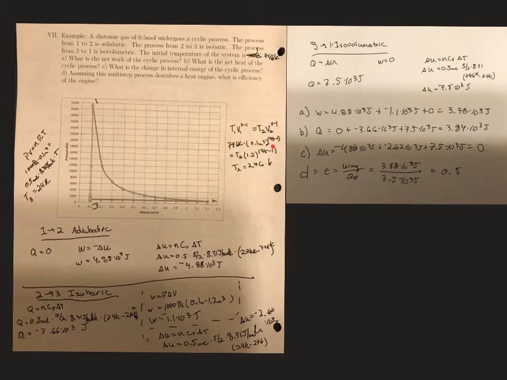Alright, so you can see out to the side here, the first thing I'm doing is finding the temperatures. So we know from 1 to 2 is adiabatic, so I can use my relationship for temperature, volume, and the adiabatic index in order to find temperature 2, because I know temperature 1 and volume 1, and I know volume 2. And since this is diatomic, remember the adiabatic index is molar specific heat at constant pressure divided by molar specific heat at constant volume, which would be 7/2 divided by 5/2 times R for the diatomic gas,